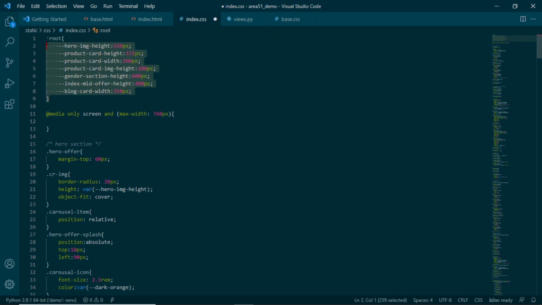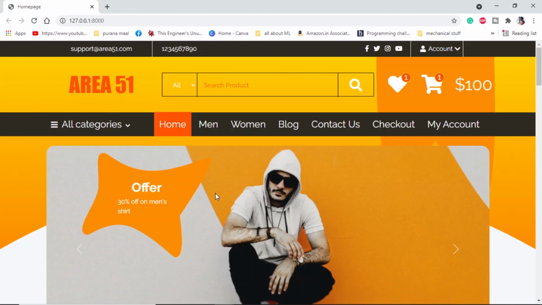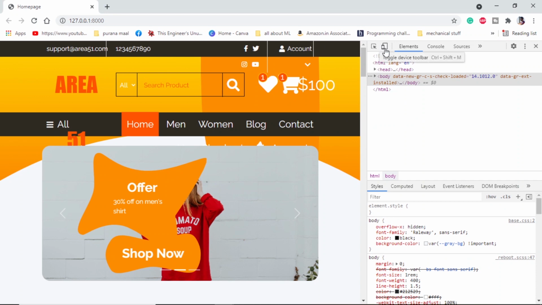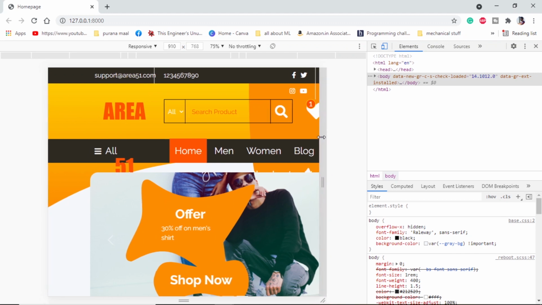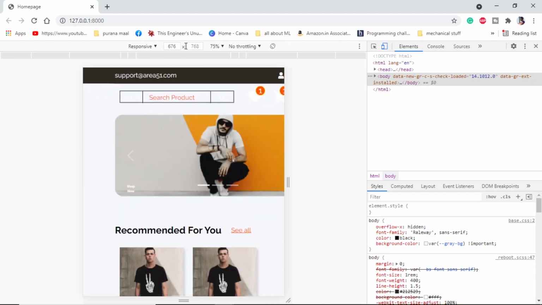So we will just copy this, paste this here, and now we will change the height and width of the cards. After changing the variables, we can see that the hero image height we have decreased from 520 to 204, and we have changed other values also. Now to effectively check our screen resolution and the changes, we can inspect the page. We can change the location of this, and here we can use this, which duplicates the mobile behavior. So if we click here, the size will decrease and we can decrease it even more, and here we can see it is responsive and the screen resolution.